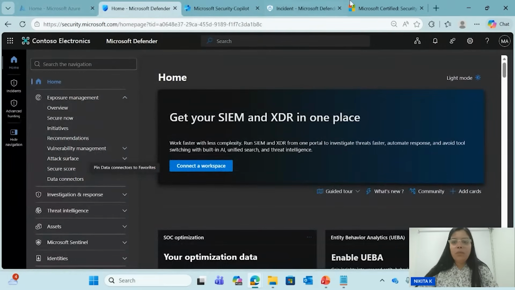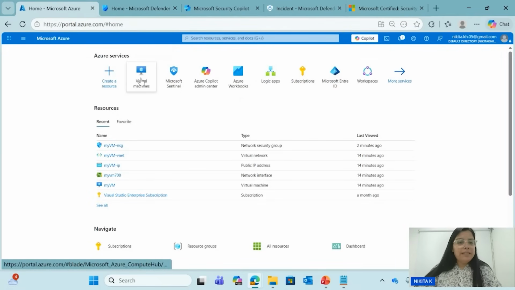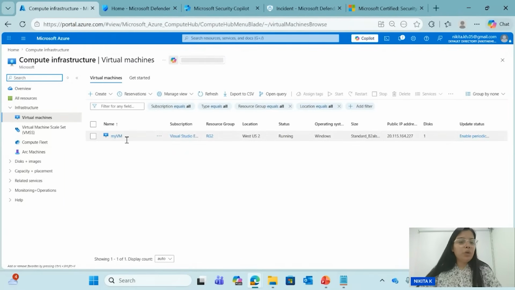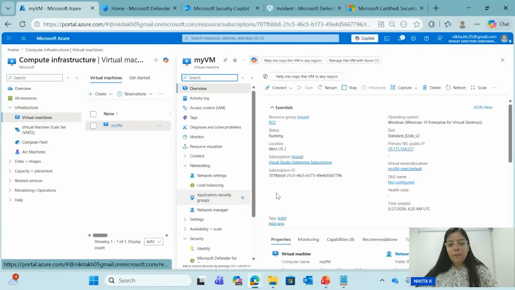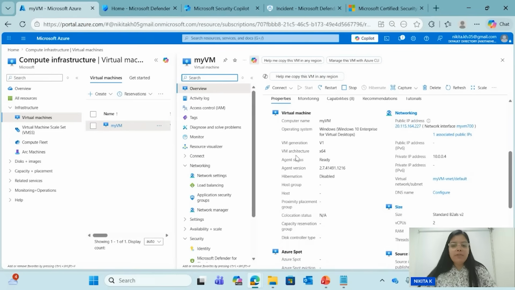If I go on my respective portal, it's here. So this is your Azure portal, which you can also navigate. And let's go on the virtual machine. So I have created one virtual machine for you, which is my VM. If I want to go here, you can see the IP, you can see the virtual network, subnet, DNS is not configured, everything you can see for my respective VM. If I go in the network settings,